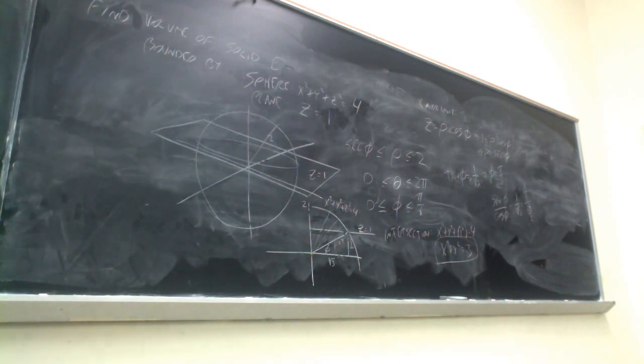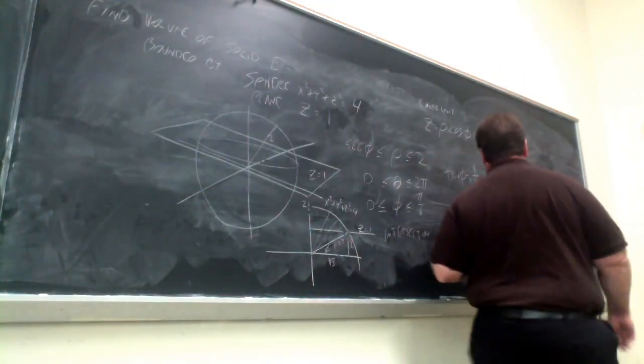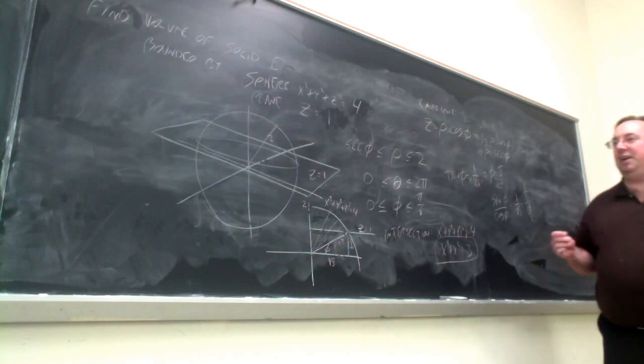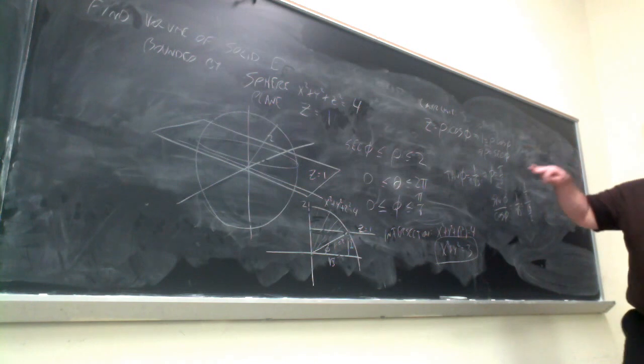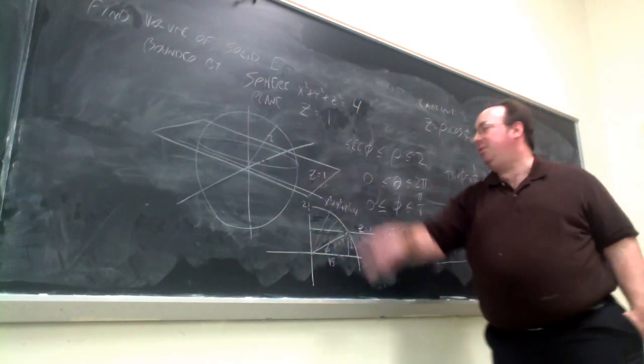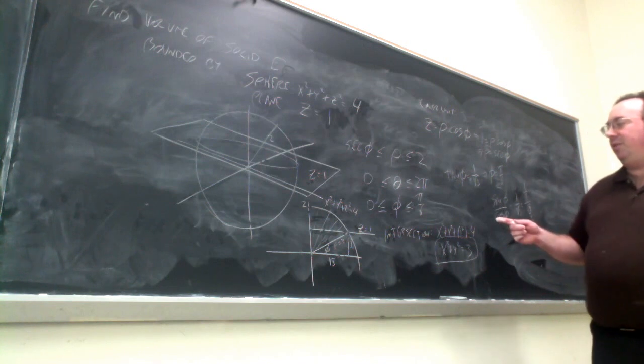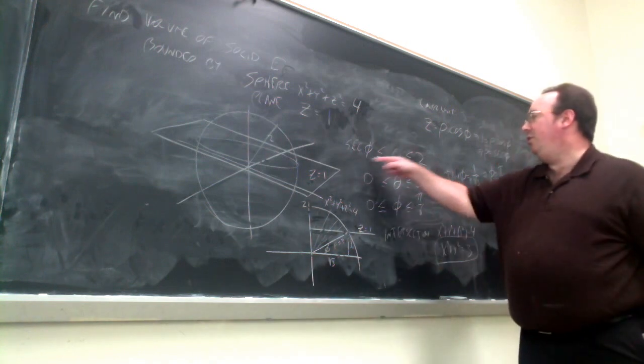The thing is, I was trying to come up with an example that was not trivial, which, of course, made it harder. When you do that, you run the risk of having something that's too hard. A more typical example would be, for instance, using a whole half sphere. If the boundary was not z equals 1, but z equals 0, then that would be a whole lot easier, because then you would just say rho is going from 0 to 2,